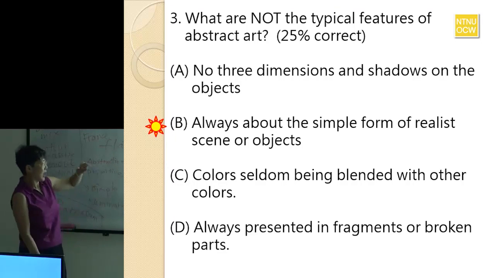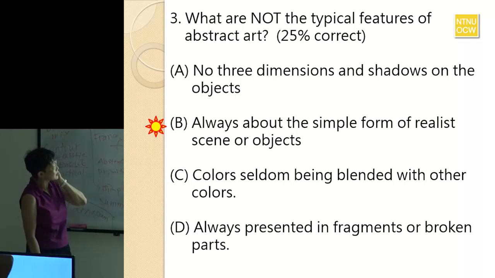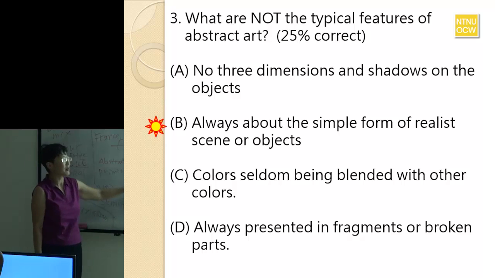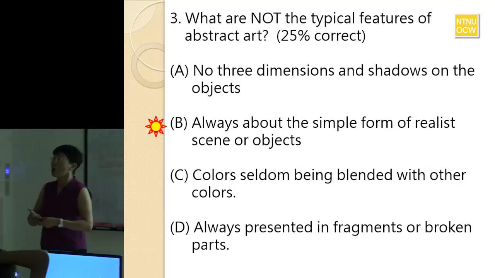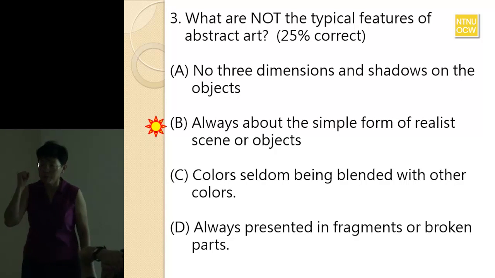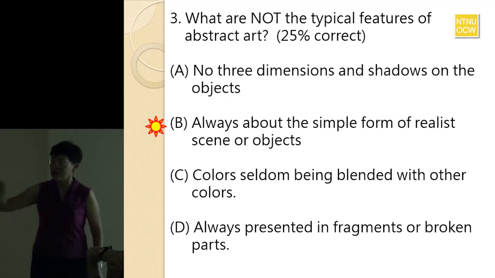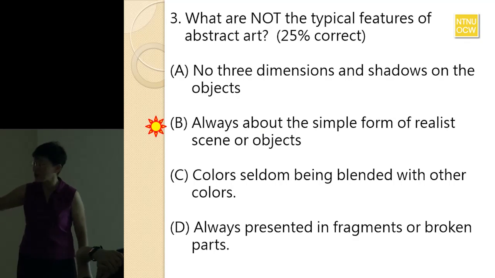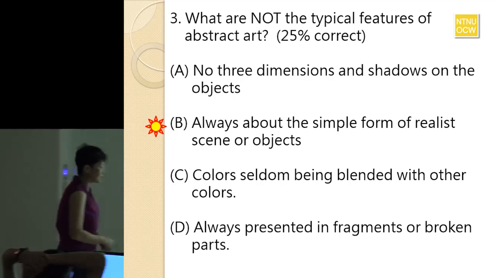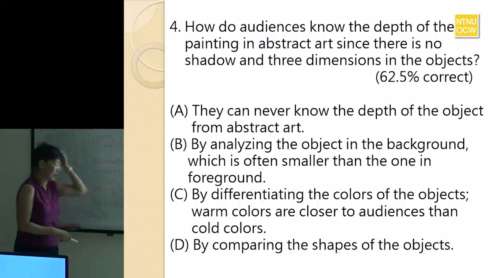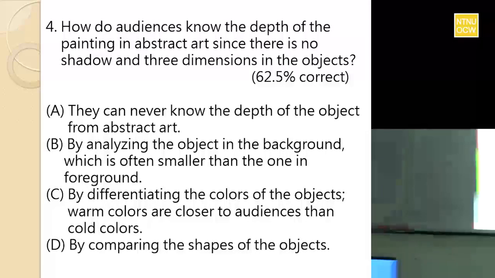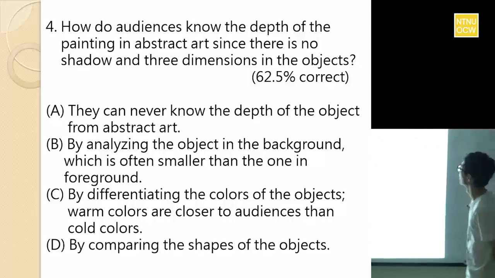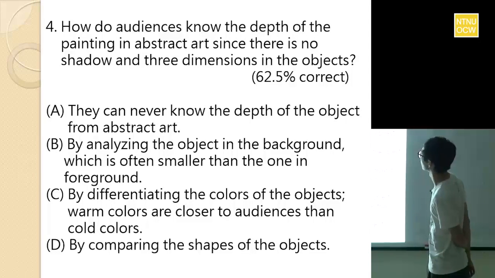So what's that? Colors seldom being blended with other colors. No, because we see Paul Klee, there are many blending, 对不对？所以再来这个单词又碰到了，对不对？I want you to go away from the class knowing the word blending. 我们要在一个多元化的社会，为什么 we blend with people? In the past, we many times say we mix with people, 是不是？We blend with people. OK, 再来, always presented. OK, 好，这个是什么？大家都对了。